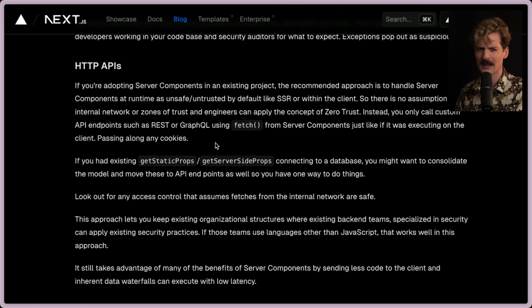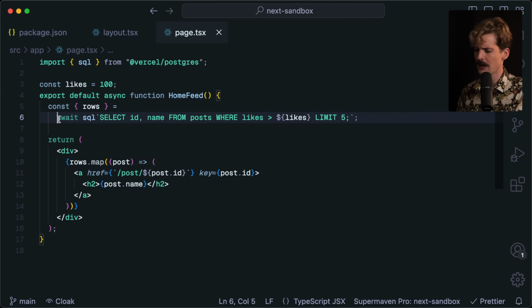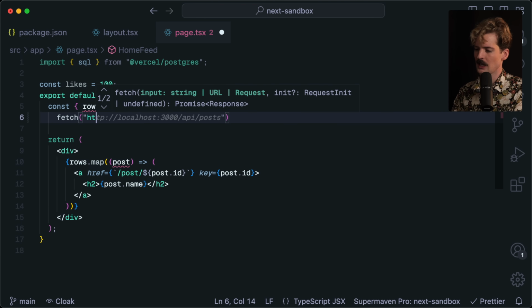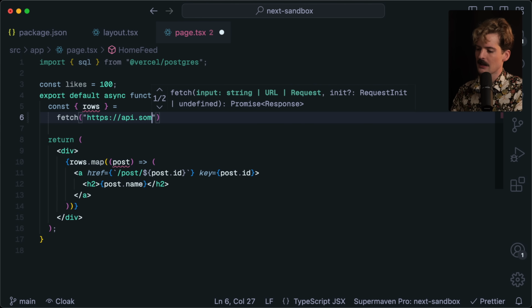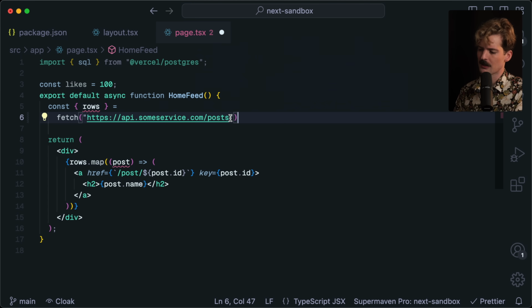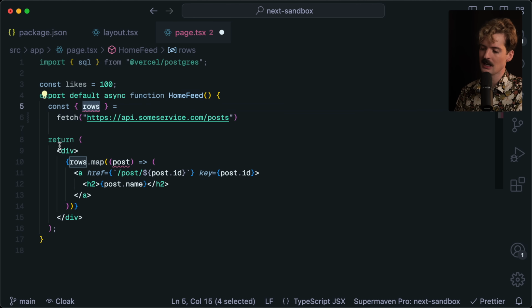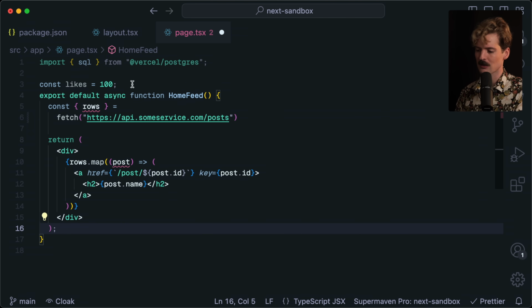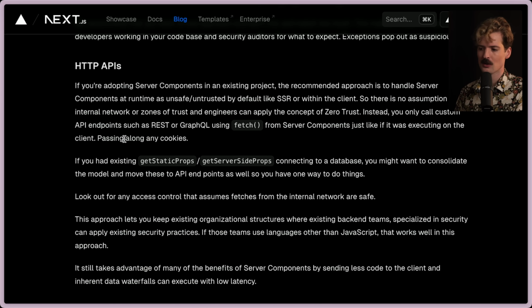You can still do that in the new model. You can just do a fetch call here, like fetch https://api.someservice.com/posts. Nothing stops me from doing something like this, but it's still better because I can dedupe these fetch calls on the server. I can pass all of the context and only take the parts I need and render those as HTML. It's still better to move a lot of those fetch calls to the server. So if you don't want to move entirely to the new model, you prefer having a standard API that exists outside of JavaScript and Next, that's fine. I honestly think this is a great option for a lot of people too.